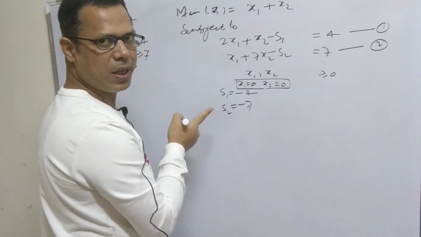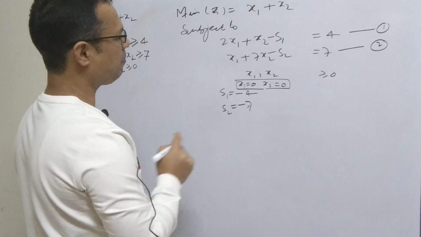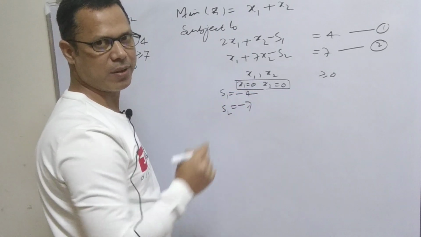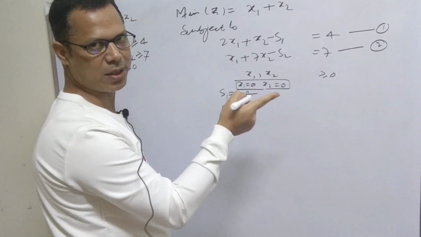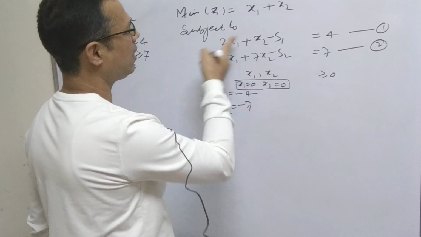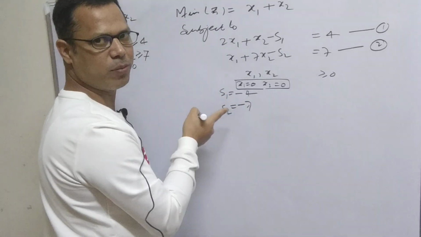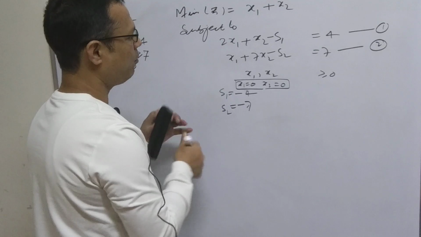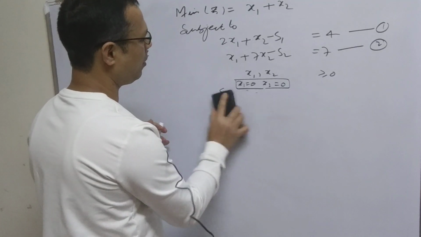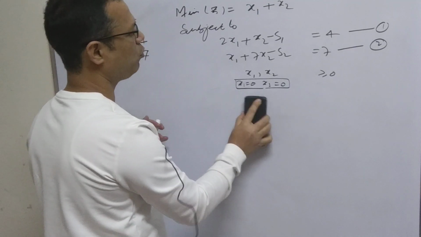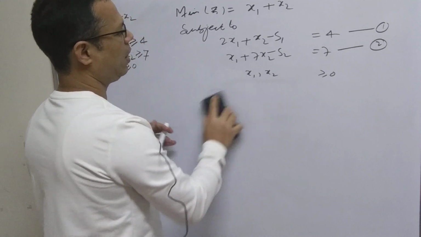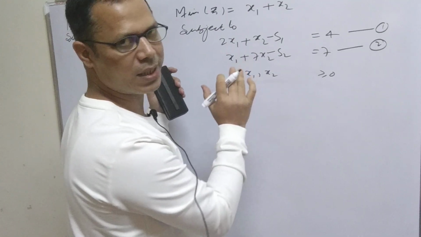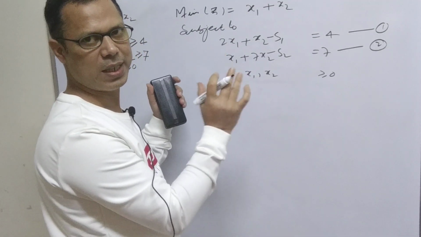So is it possible? I think you remember I said that at any stage variables cannot be negative. Either it is 0 or greater than 0. Because we consider x1 and x2 as 0, and these values come out as minus 4 and minus 7, it is not possible. I already explained why in the previous videos. But here there is no need to go into the depth of why it is negative or why it is not possible. First we will concentrate on the procedure, how to proceed and get the solution.